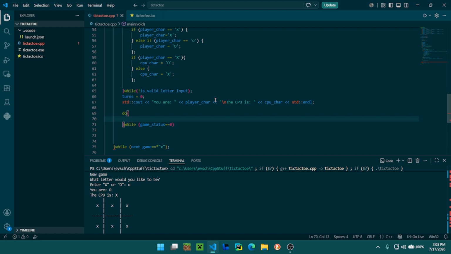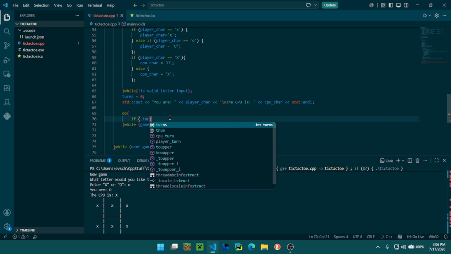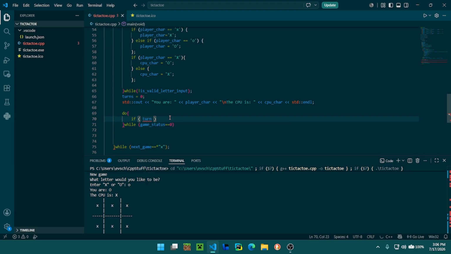Who knows? So, let's do, so we need to have the turn happen. So if turn, and then a ternary thing for later. If turn,